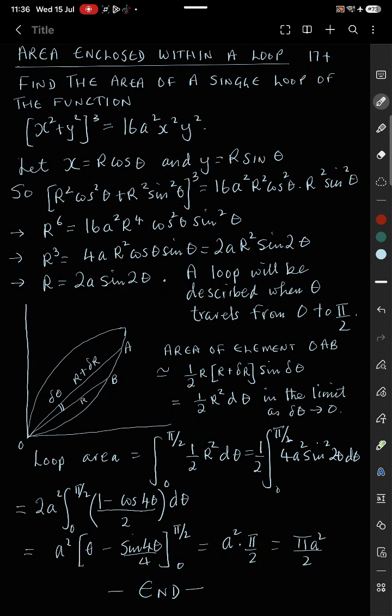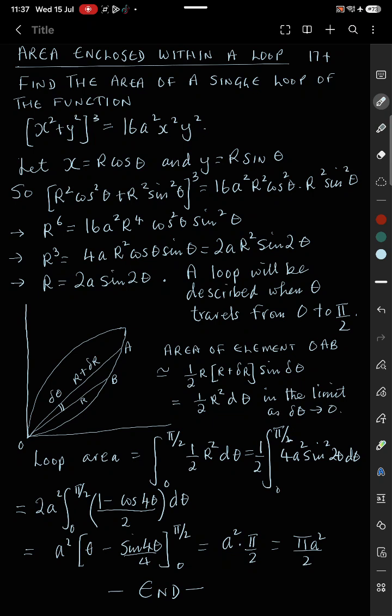Now that looks a little bit daunting, but here we will use a substitution, letting x equal r cos theta and y equals r sine theta. That's known generally as switching to polar coordinates. So substituting in those values, we'll have on the left-hand side (r squared cos squared theta plus r squared sine squared theta) cubed. And on the right-hand side, we'll have 16a squared r squared cos squared theta times r squared sine squared theta,